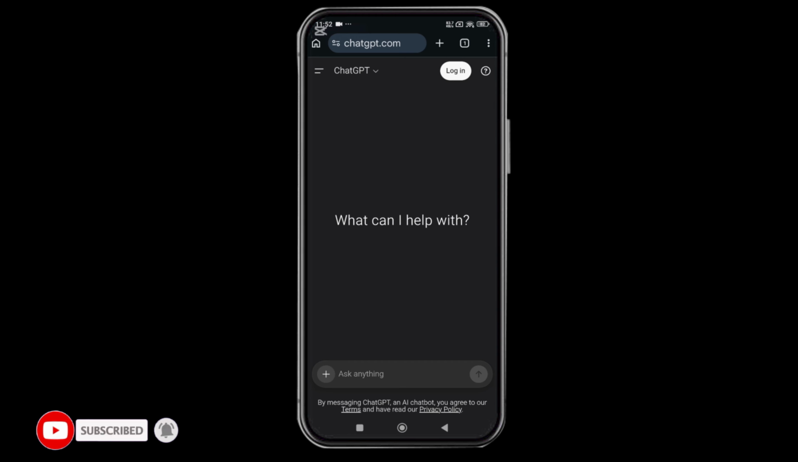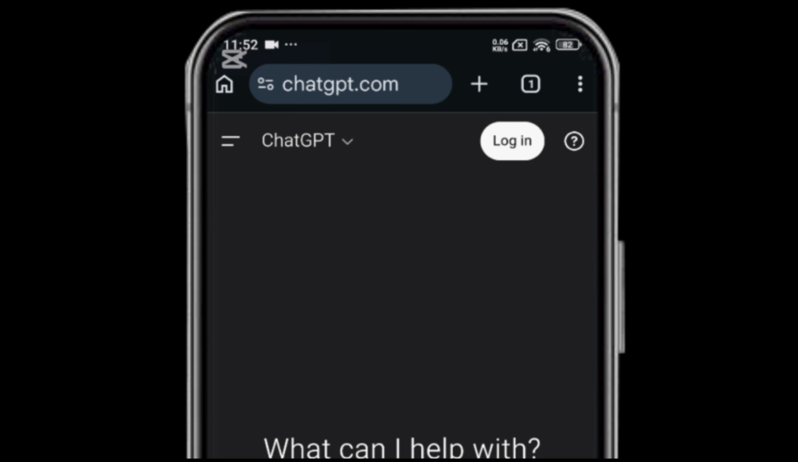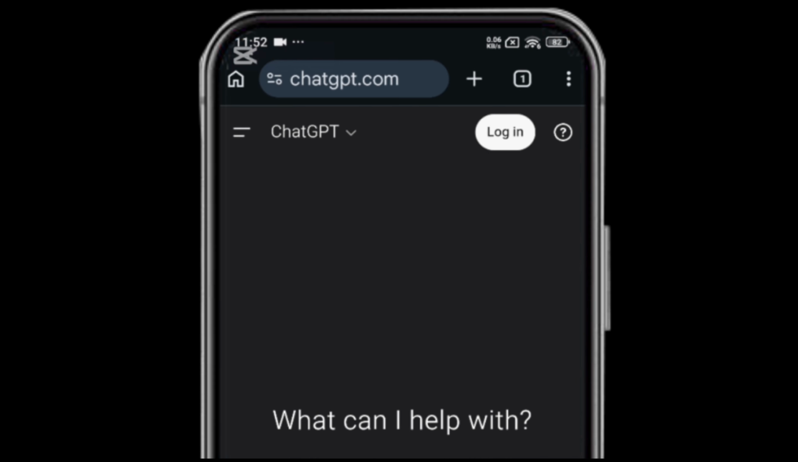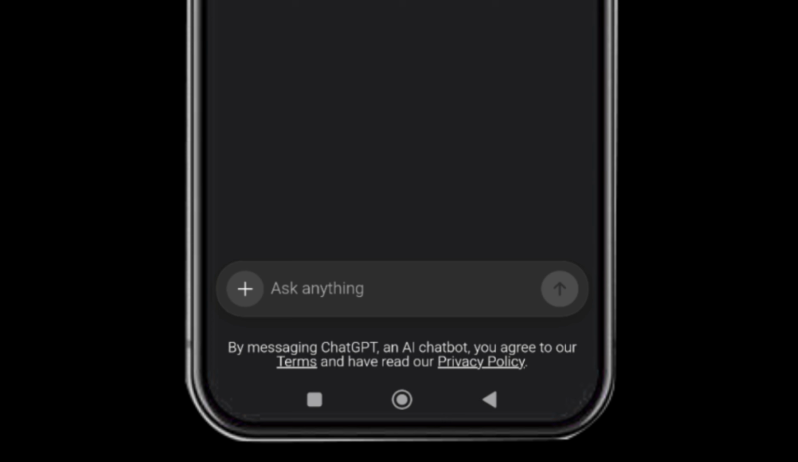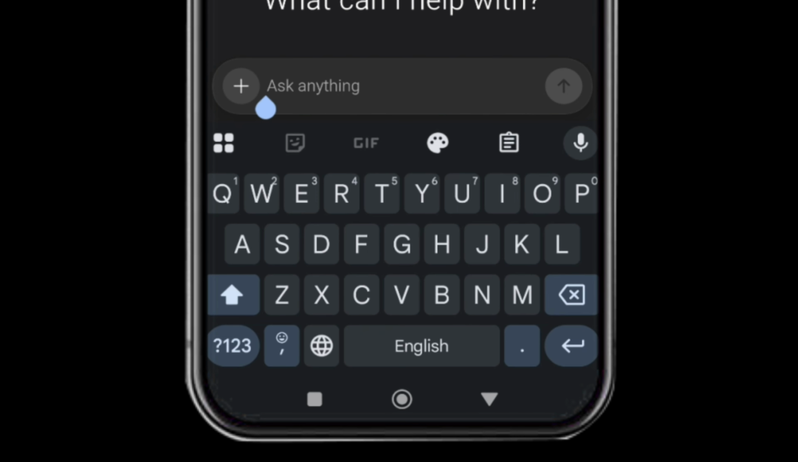And there you go. Here you can use ChatGPT without downloading. If you want to log into your account, you can tap on this login located on the top right hand side of your screen. Or else simply tap on this box located at the bottom of your screen and simply type whatever